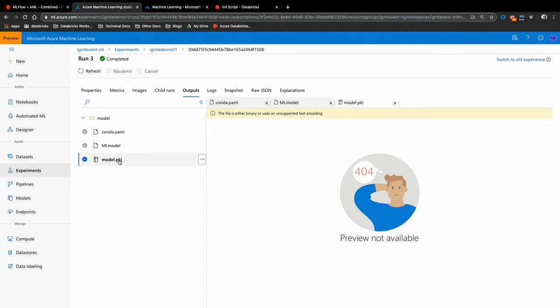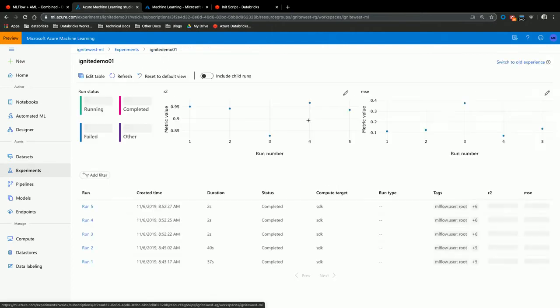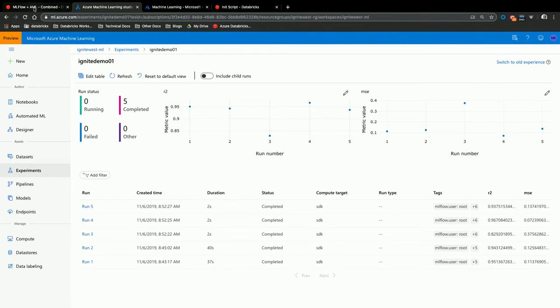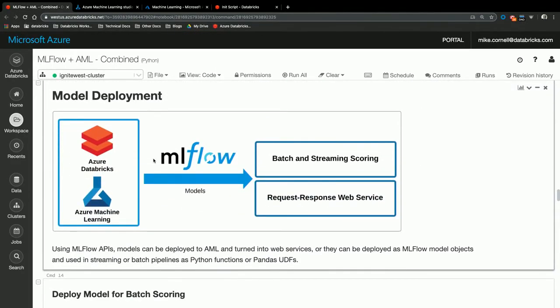Okay, so now I'm going to want to take that model and put it somewhere, right? So now I've run through several iterations. I've gone and done whatever my process is to identify the best model. So I've looked at the mean squared error. I've looked at the R squared. I found the model that I now want to put in production. Okay, so that model object that you just saw in the run, we want to take it and put it somewhere to productionalize, right?